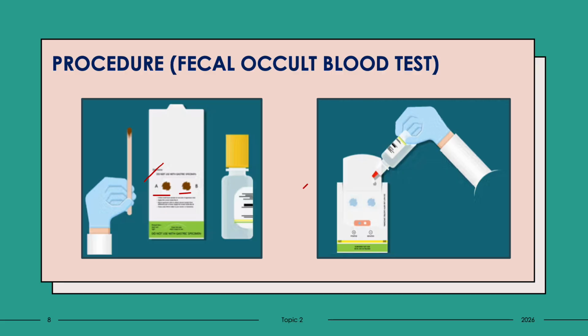And then at the back portion, we now use the hydrogen peroxide as our reagent. We put 1 drop onto the reagent area where the smear mirrors the reagent, so 1 drop on each well, and of course another drop for the control, the positive and negative control. Remember that the guaiac is already incorporated on the test kit.